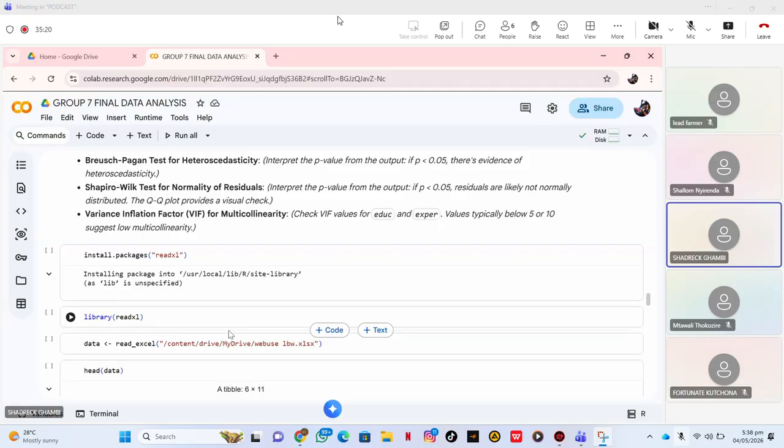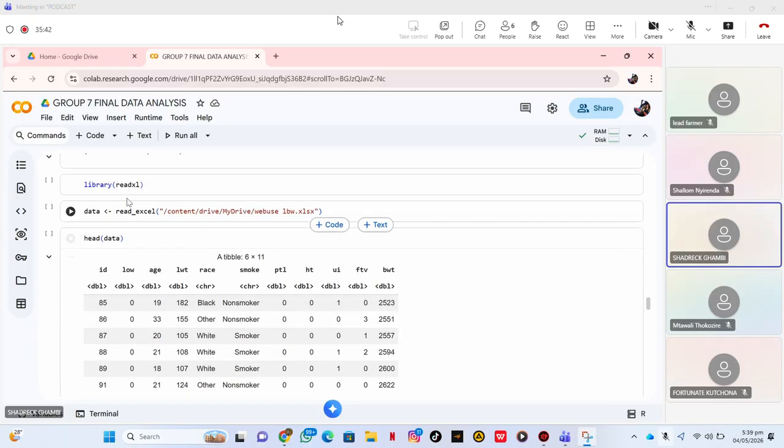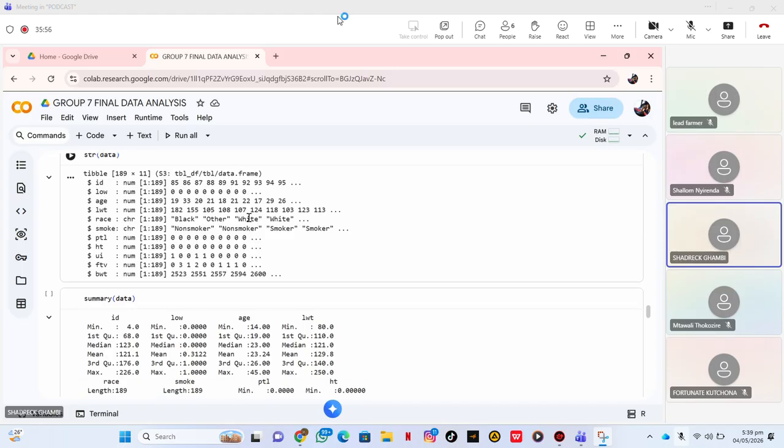So to run the logit model, first of all, we are going to use the birthweight data. But before this, we are going to install some packages, which is install.packages readxl. From there, we are going to execute that command, then library readxl. Now, for the loading of data, we are going to use this code, data <- read_excel, followed by the path where our data is located. From there, we did the summary of data, as you can see from this output,